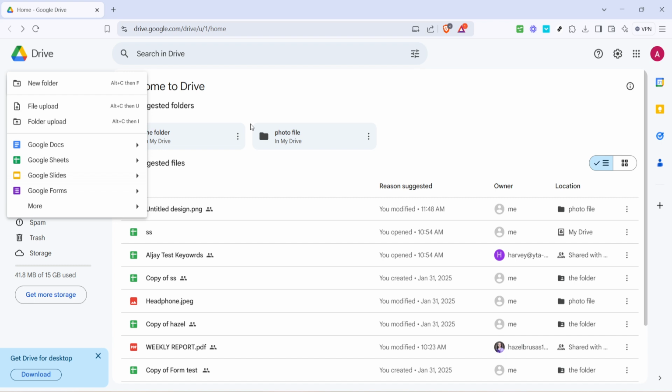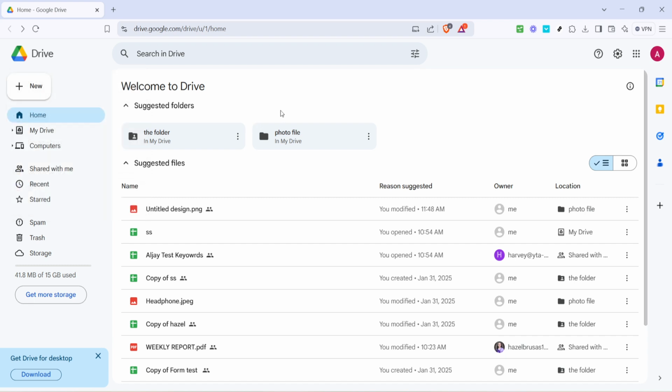Once you've found the right CSV file, select it and hit Open. The file will now start uploading to Google Drive. Depending on the size of the file and your internet speed, this might take a few seconds. Keep an eye on the bottom right corner of your Drive interface where you'll see a little pop-up confirming the upload progress. When the file has been uploaded successfully, the pop-up will disappear and your CSV file will be available